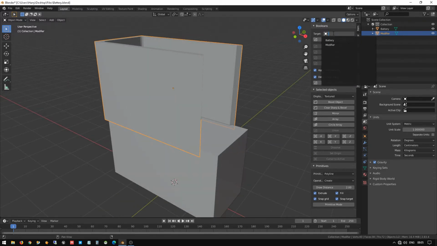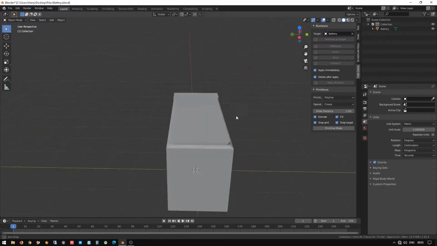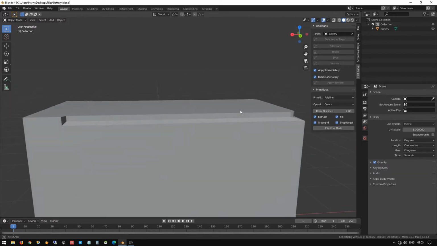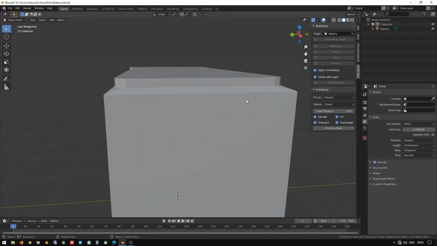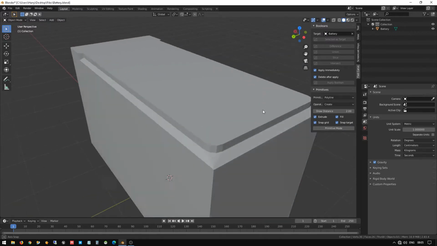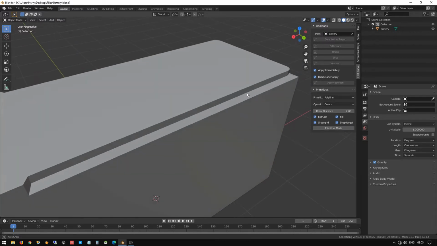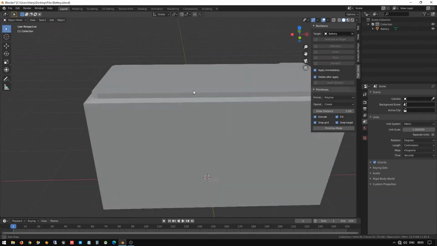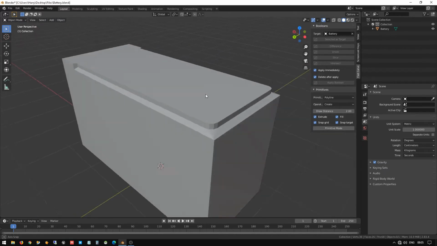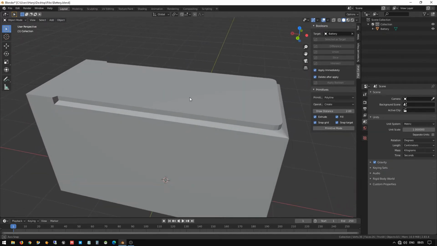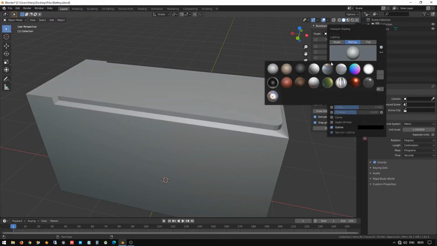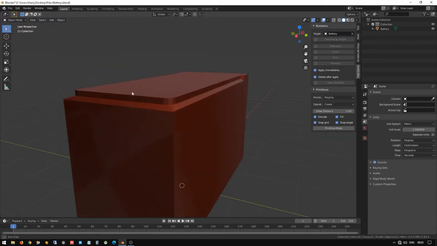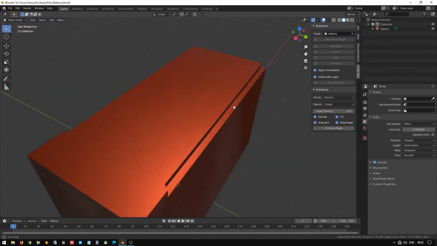Here you can see the target. I'm going to select the battery and click Difference. After clicking Difference, you can see a different shape is designed for us. Now you can view how it's looking. So it looks like a different cut we got on the edge of the corners. So this is the easiest way to design the cuts for us. Okay, I go to one more viewport shading, MatCap, so it will look nice and be easier to see. Here you can see the new cut is designed.